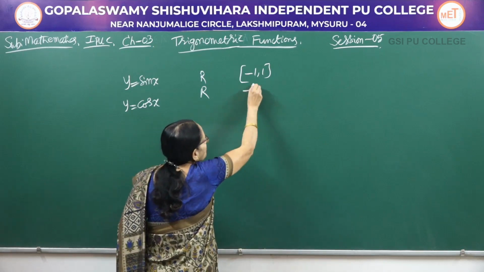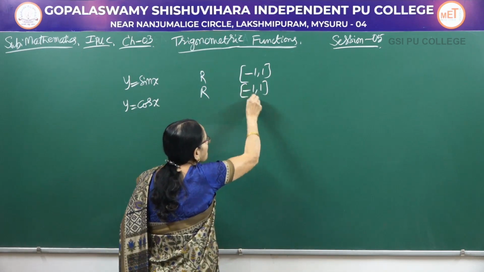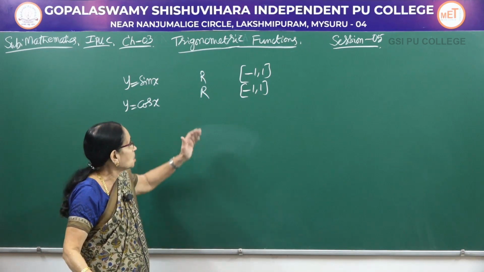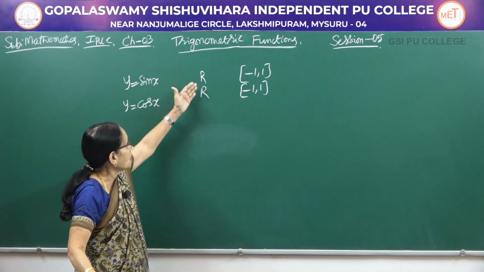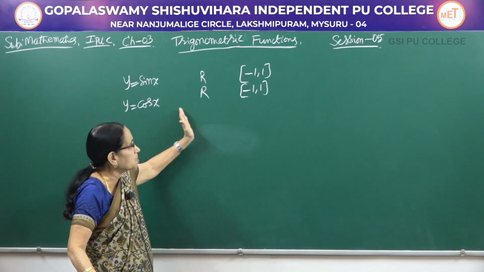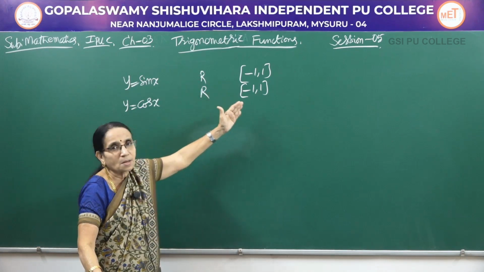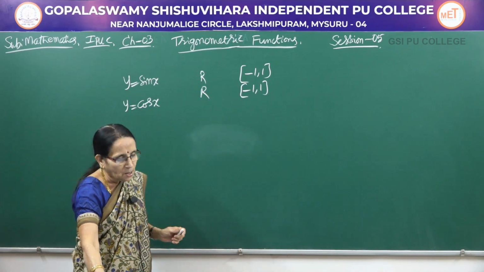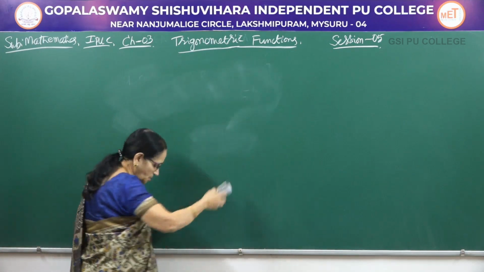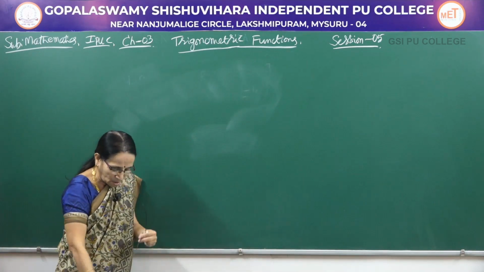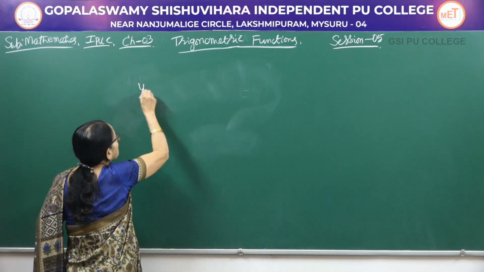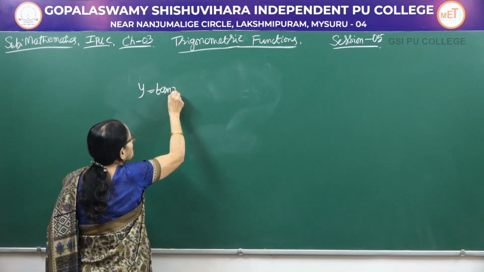That is what I told in the previous one by looking at the values here. So, whatever the value of x may be, for both the functions y equal to sin x and y equal to cos x, this is the domain and that is the range. Now, we consider the next ratio. So, this is for sin x as well as cos x. Now, consider the other ratio, say y equal to tan x.